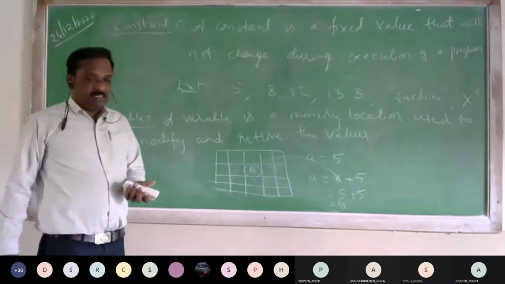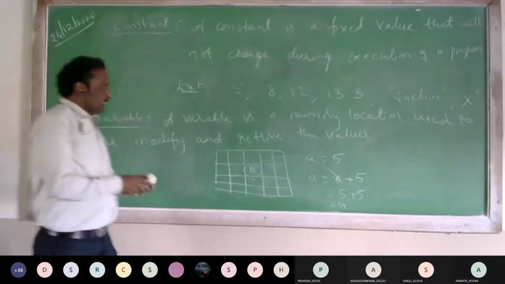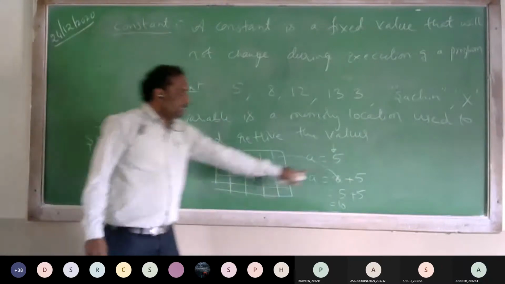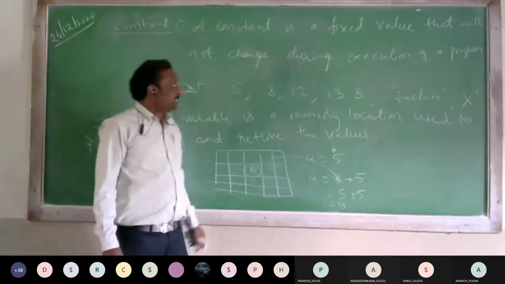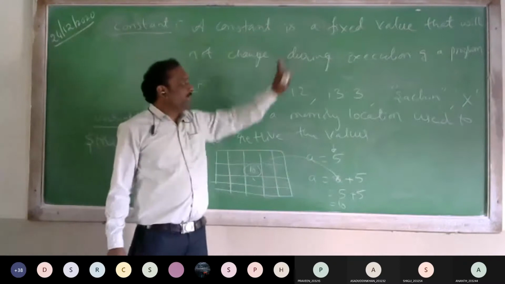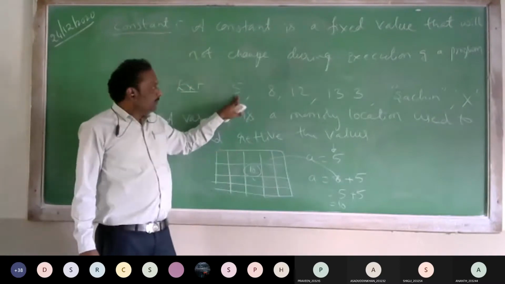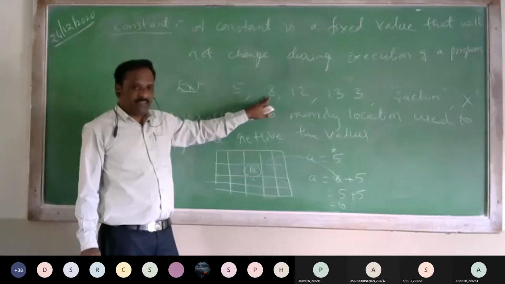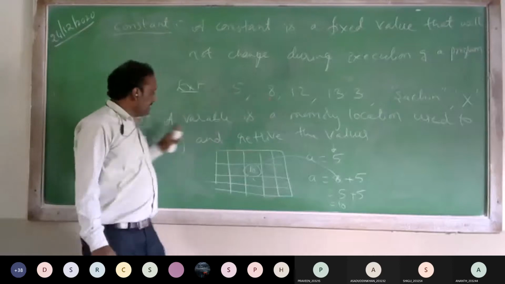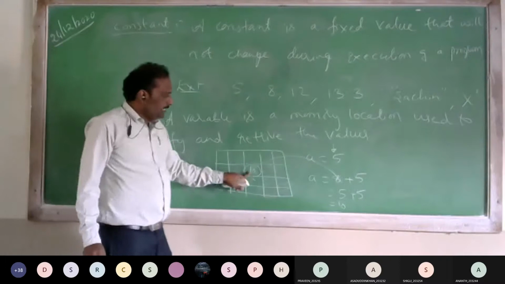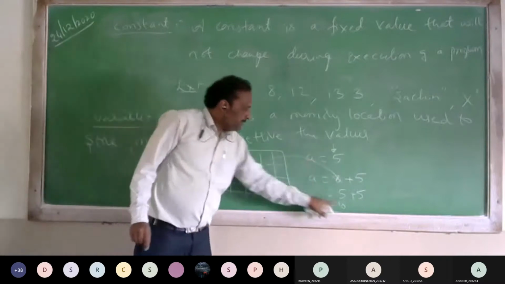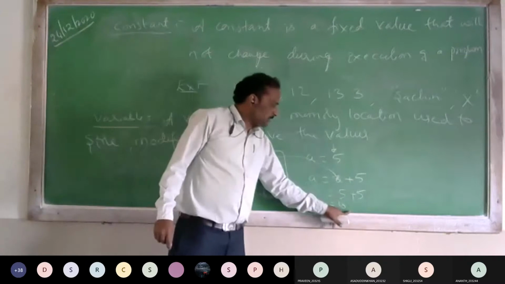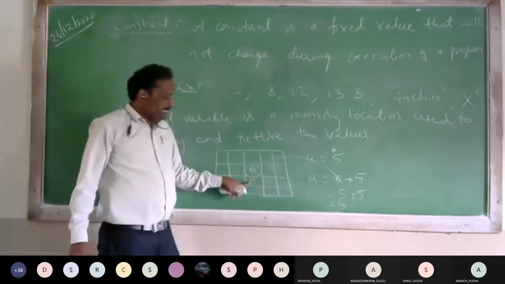Yes? On the right side, whatever value I am giving is a constant. In this case, it is a constant. So a constant is a fixed value. 5 means it will remain 5. 5 cannot change. 8 is a fixed value. But in the case of a variable, A earlier contained 5, and now the value of A is changed to 10. This is called a variable. The right side is called a constant. 10 is a constant, but A is a variable.